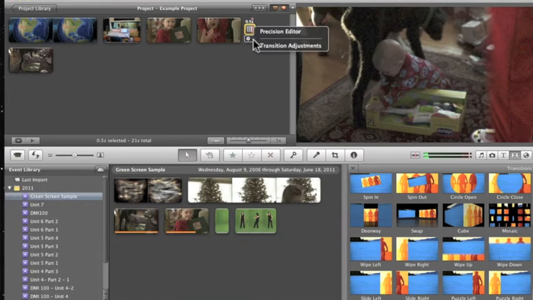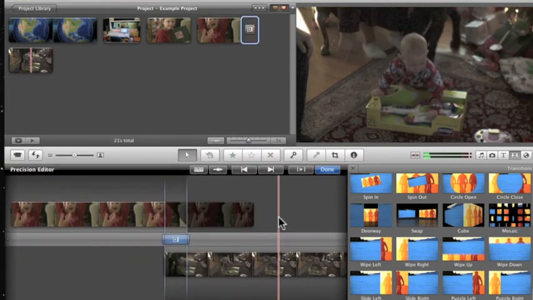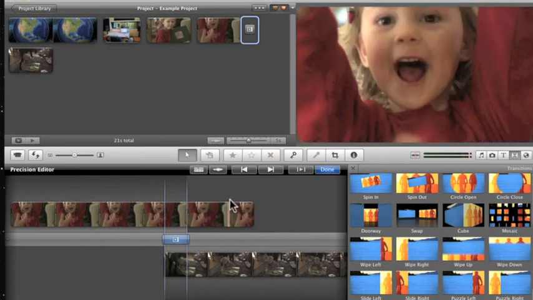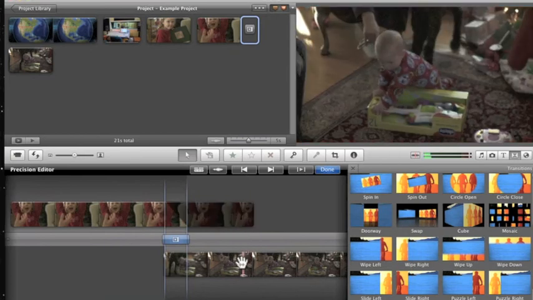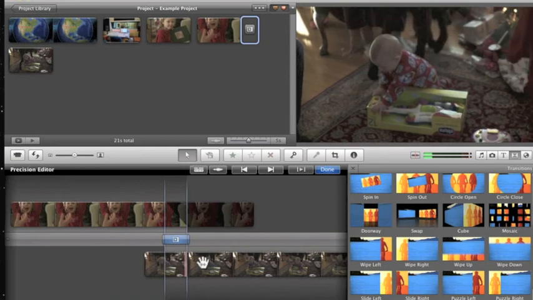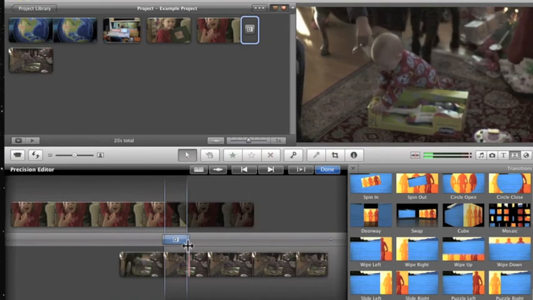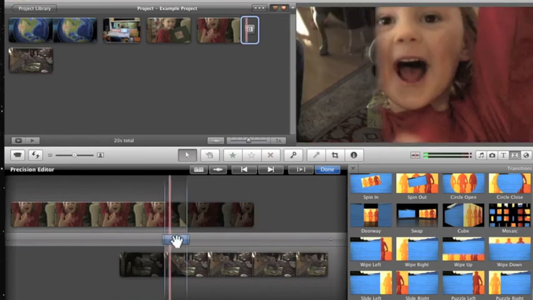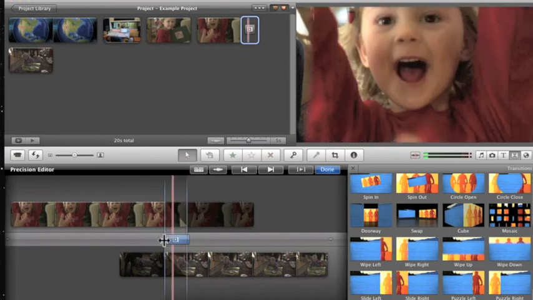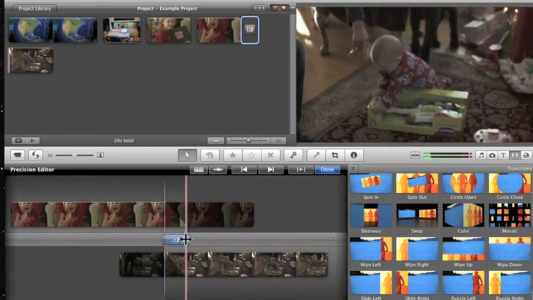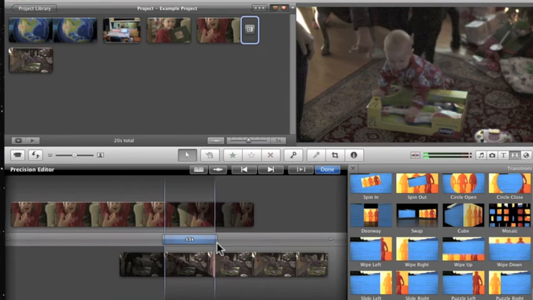So let's go down and go to Precision Editor. Now in the bottom half of your Precision Editor screen, you'll see where the two parts of this film overlap. And you'll see that this one really overlaps a lot, and this one really doesn't. So let's make this one overlap a lot. And the distance between these two lines is the transition. Let's make the transition even longer,